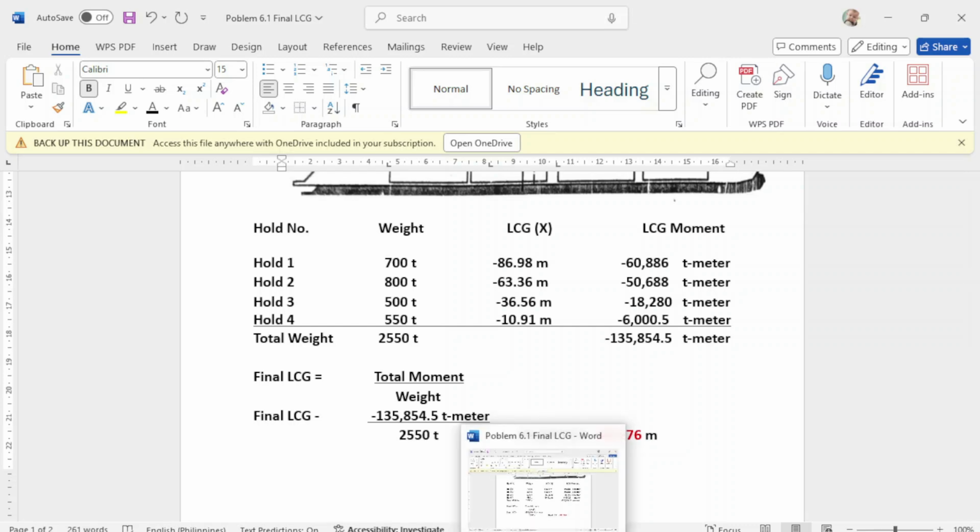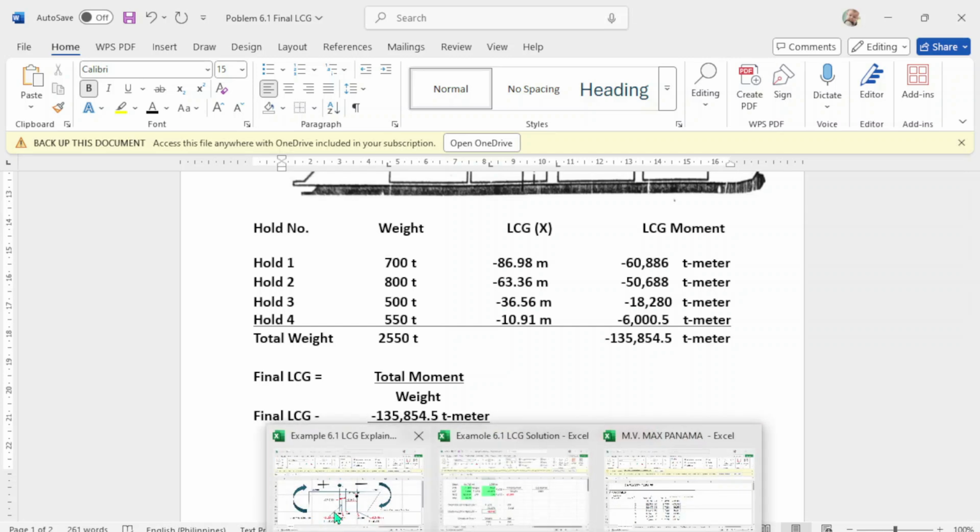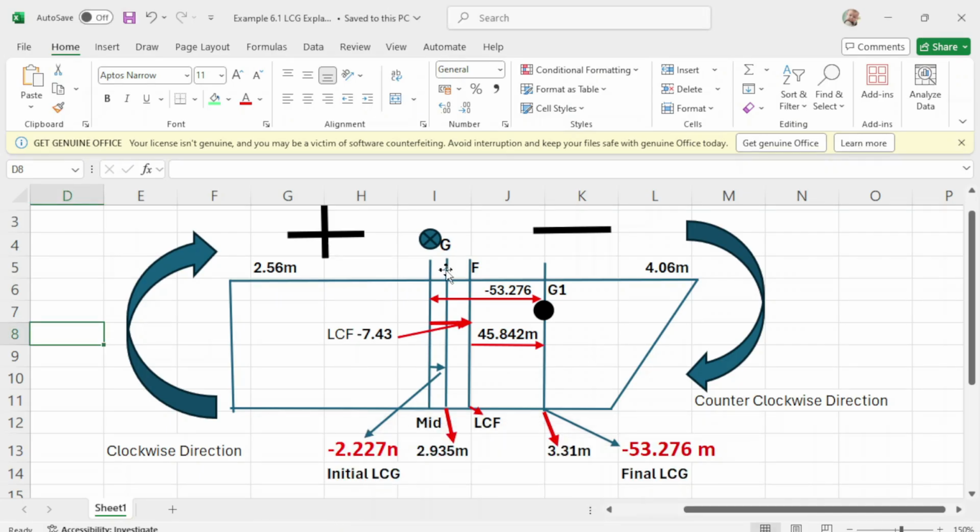To get the final LCG, because your present LCG is this one, your displacement is 16,725 and your draft is 2.935, and your LCG is forward of your midship. So from midship your LCG has moved forward.